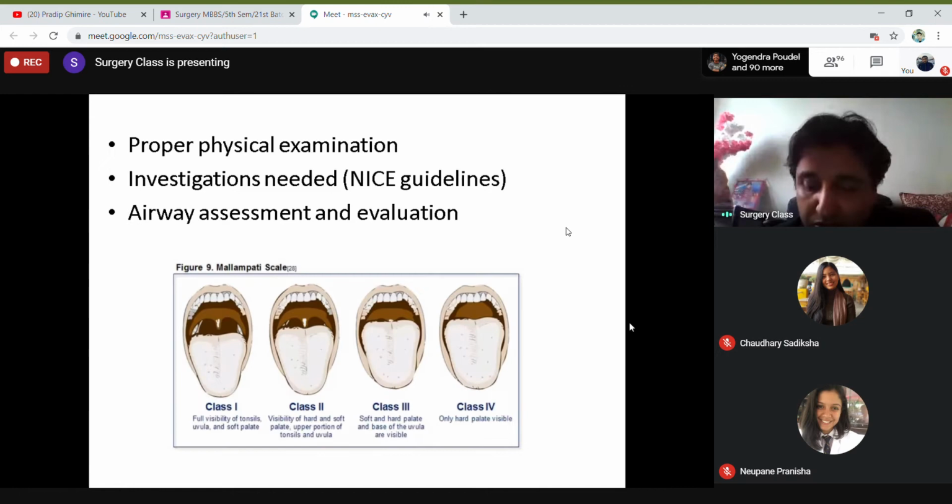Whenever you do physical examination, you have to see various things, and then you have to do investigations. You can see the nice guidelines for investigations. Jot down all these important points, and then you can see in your book or on the net regarding